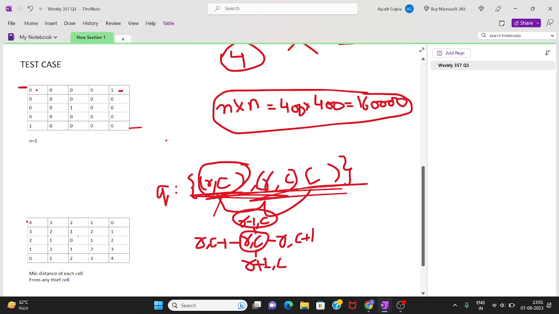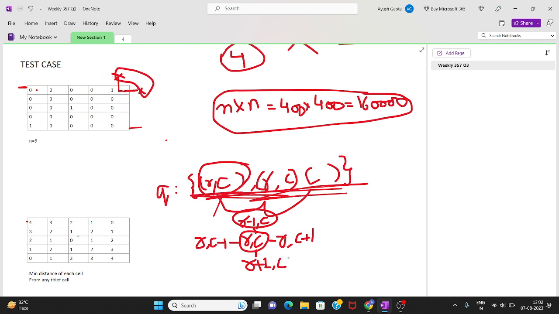So let's say we are here, and can we move from here to the above cell? Because we do not have any above cell, and also from here we do not have any rightmost cell. So we cannot make these two choices. So at the time of making a choice, we have to first check whether the choice is valid or not. So first we check whether this cell position is inside this grid or not.